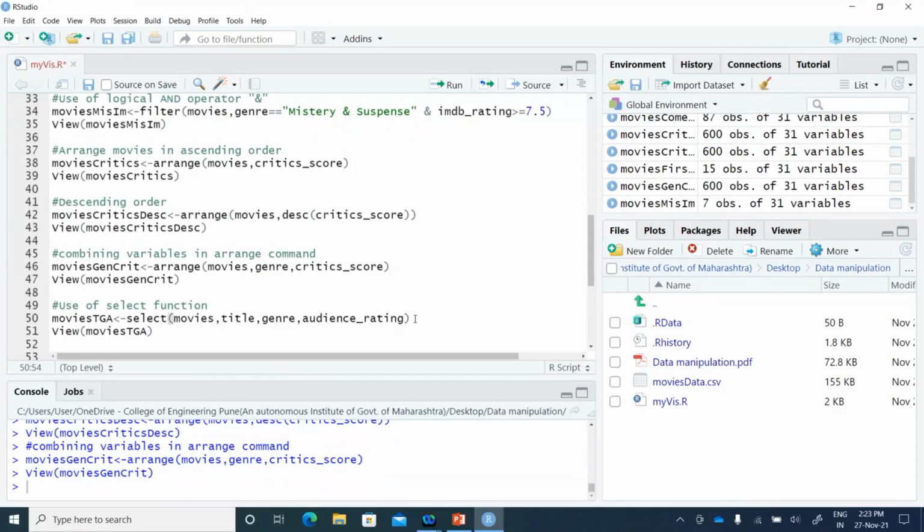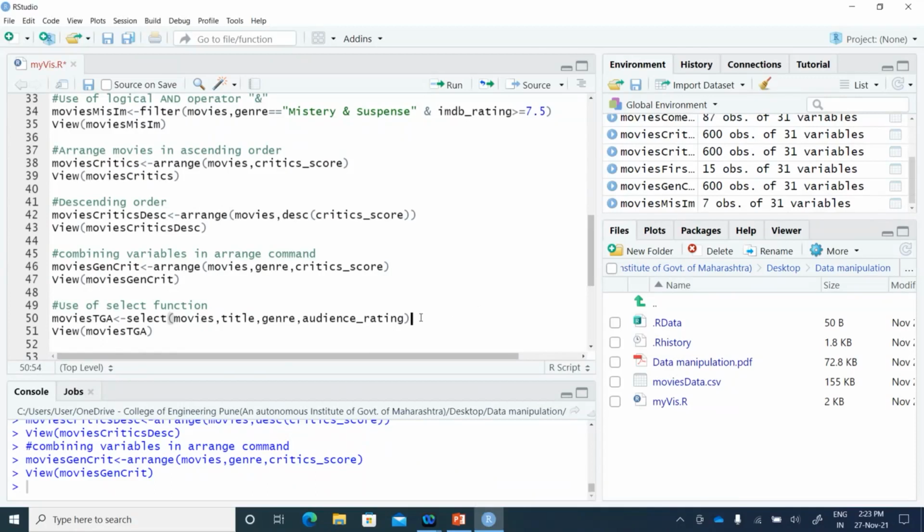may not be of use to me. Suppose I want only the movies, with only the title, genre, and audience rating. So let me select only those columns from the given data frame.